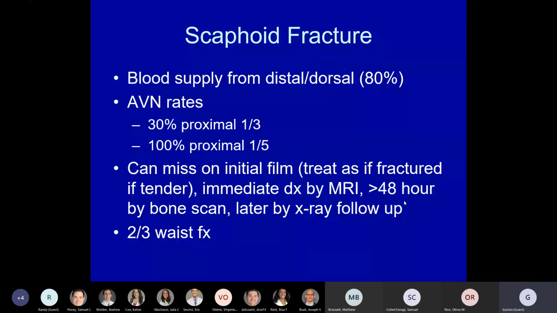Basically, if it's displaced at all, it gets surgery. If it's a non-displaced, very proximal pole fracture, it gets surgery. Pearls about the approaches: volar approach is safer with respect to the blood supply and works better for waist and distal